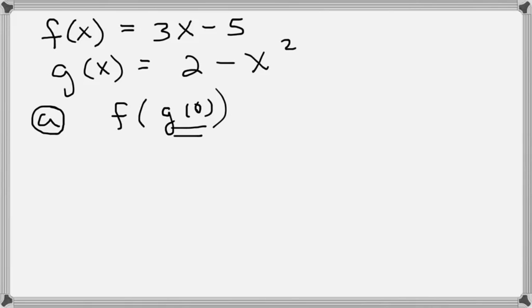And at this point, f of g of 0, we're going to solve it by putting in 0. So you're really saying, okay, I want f of g of x. So go find the function for f, which is